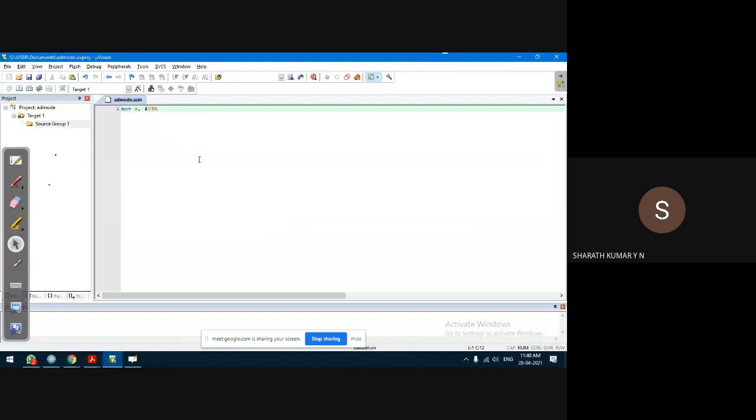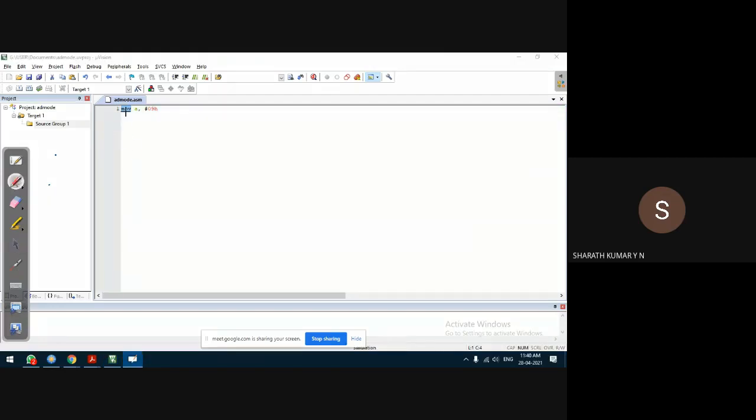As soon as we saved it as .asm, the color has changed. The mnemonic, or instruction, takes one color, usually blue. The destination will be in another color, in this case green. Immediate data will be in red.